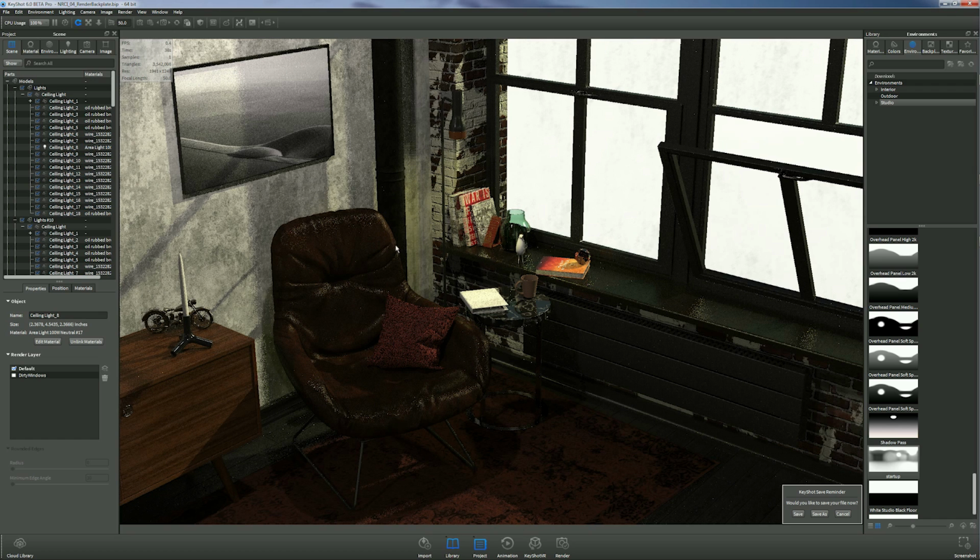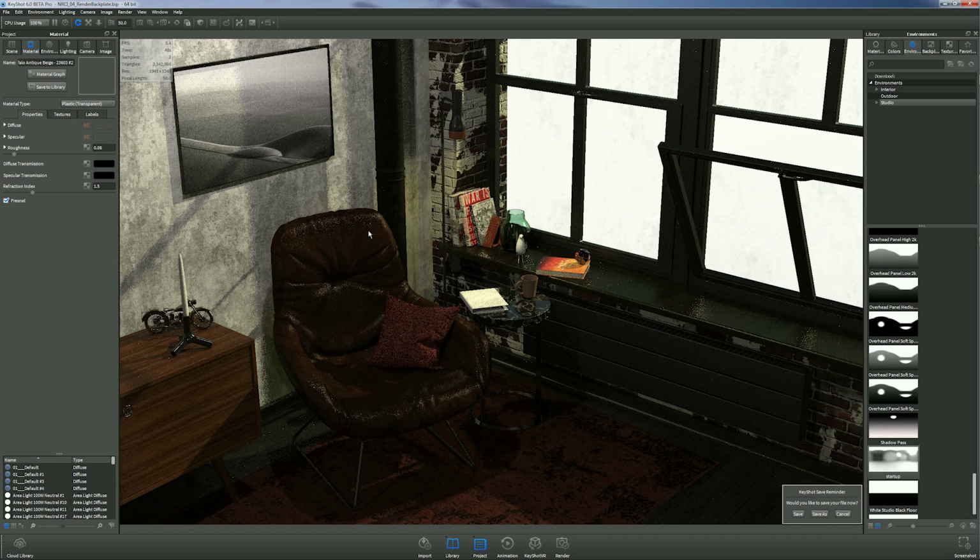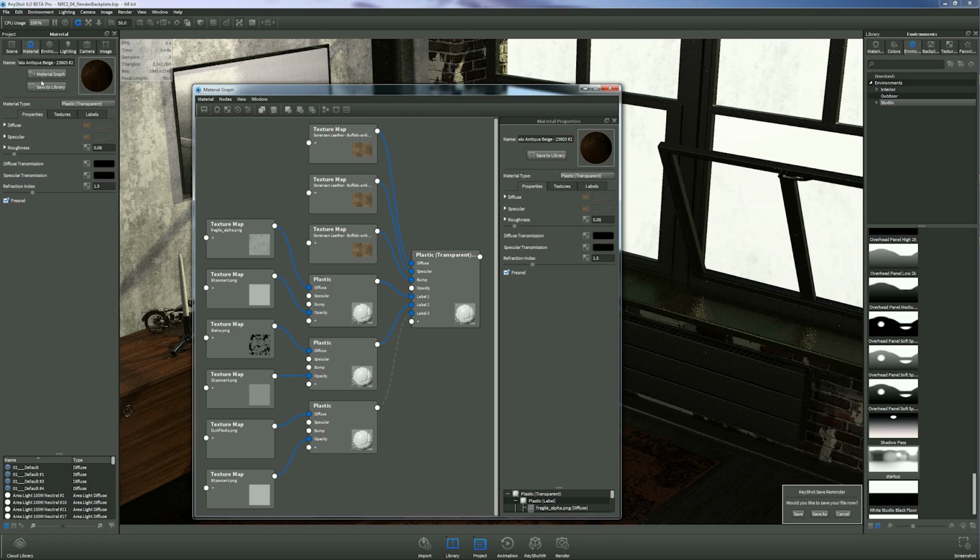Now at this point, I would like to mention something that you've probably heard about, and it's called the material graph in KeyShot 6. It's a new feature that opens up a lot of possibilities when it comes to adding materials and textures and colors, and basically making something look the way you see it in your head or the way you want it to actually look like. So when I click on the material graph here, which is like a new button that you'll see on your materials now,